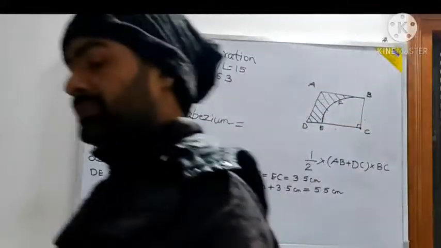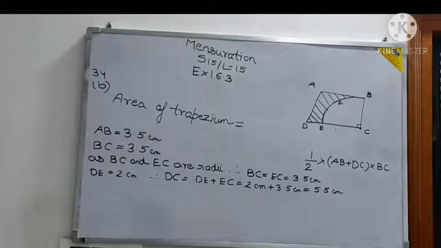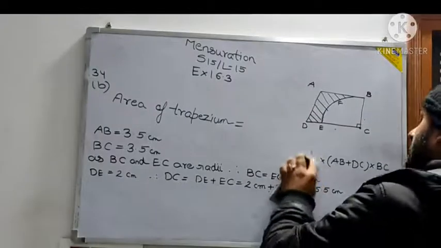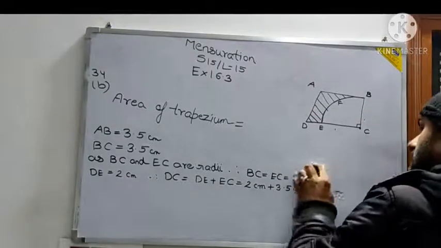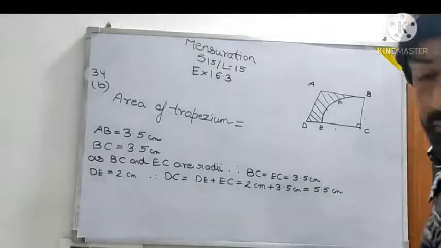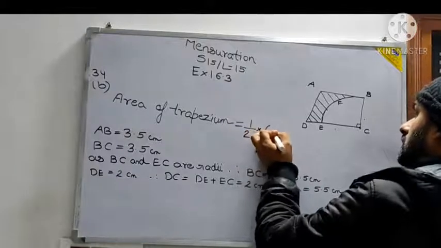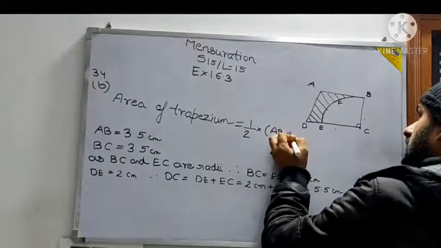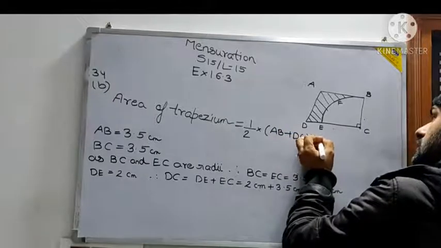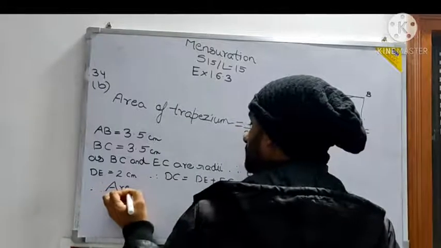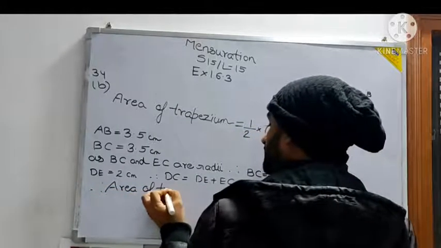Now see, we have calculated the length of the parallel sides, and also we know now the height of the trapezium. So now we can readily calculate the area of the trapezium. What will be that? It will be equal to half into AB plus DC into BC. So that therefore area of trapezium,